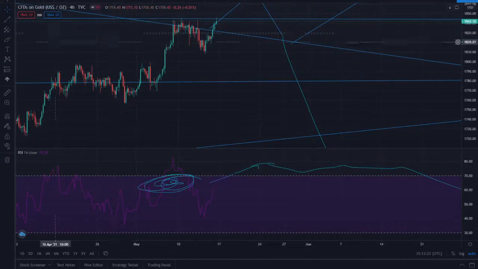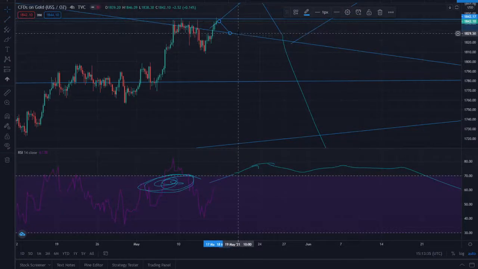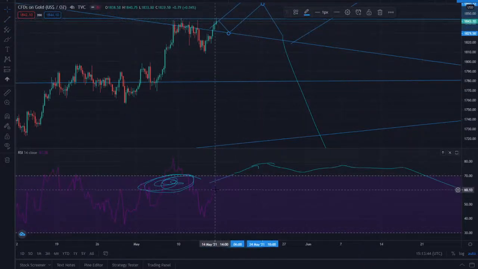But let's just say that we broke above the triangle. So we might actually see a pullback here on Monday when the market starts. This would be at 1830, and we might then rally again and try to break this area here, because the RSI,